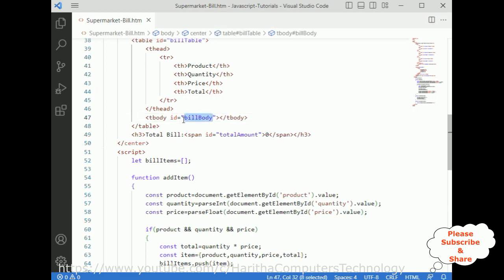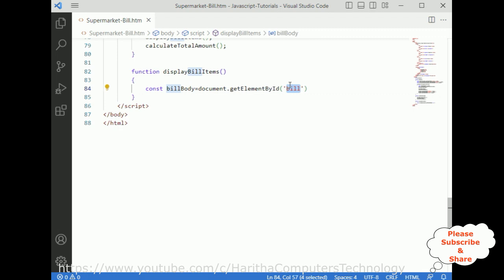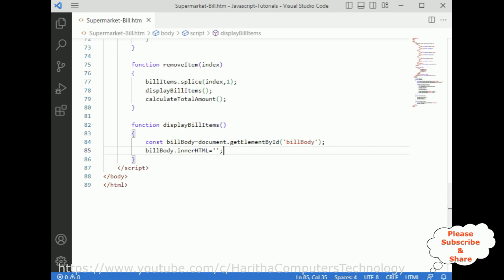This one, the T body id. Let's copy this one and paste here. We need to add the id. billBody.innerHTML